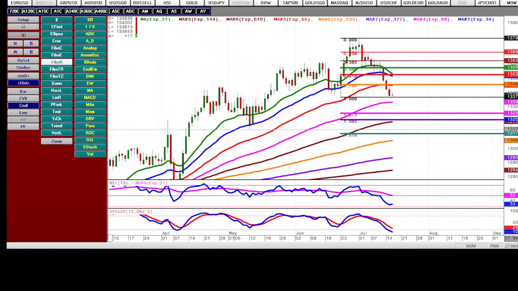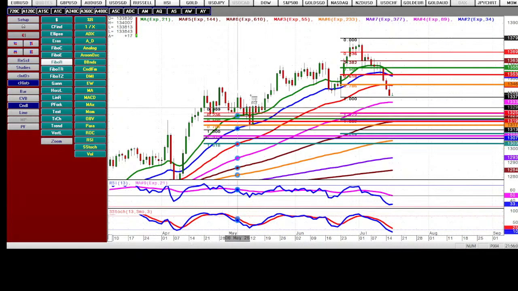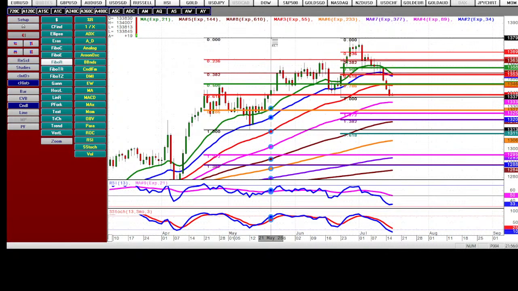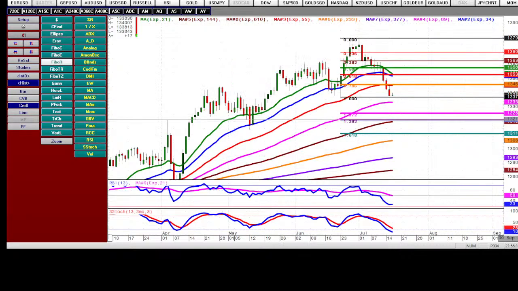132.60 or 132.80. Okay, 132.60 or 132.80 as the day trading target. So if we are going to go for a sell, we should be looking to sell somewhere